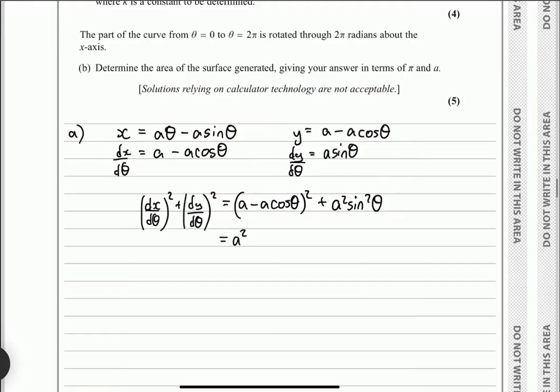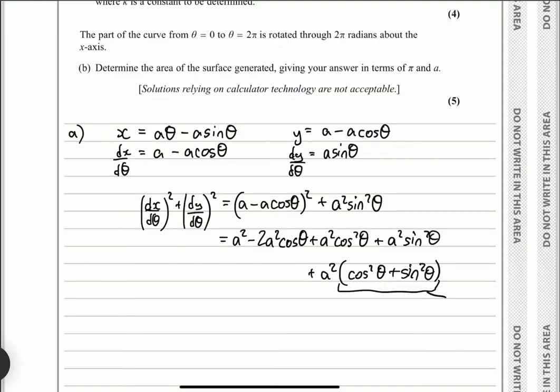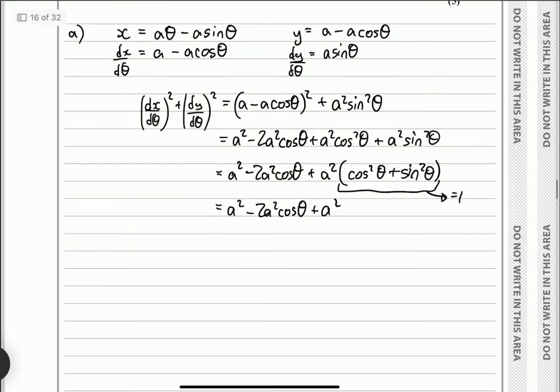That gives us a squared minus 2 lots of a squared cos theta plus a squared cos squared theta plus a squared sine squared theta, and immediately I'll factorize that because cos squared plus sine squared equals 1, so that will all disappear to give a squared minus 2a squared cos theta plus a squared, so we've got 2a squared minus 2a squared